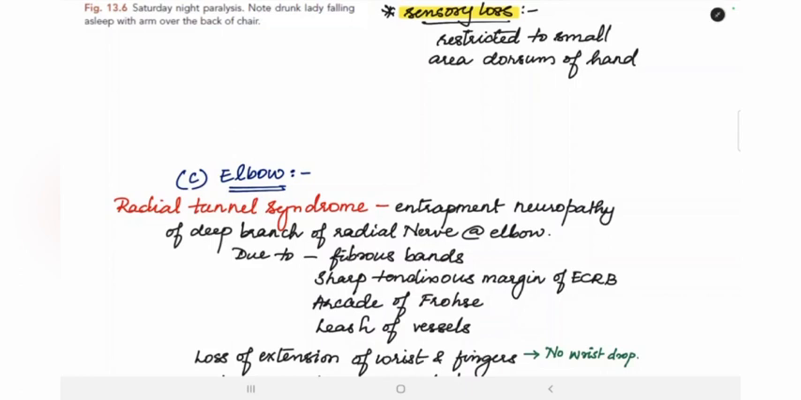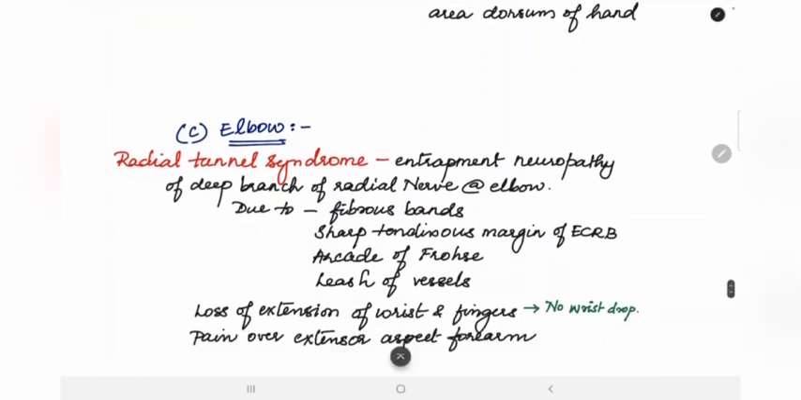So here, the radial tunnel syndrome is an entrapment neuropathy of the deep branch of the radial nerve that occurs at the level of elbow. It can be caused by several reasons, like fibrous bands which can tether the radial nerve to the radiohumeral joint, or the sharp tendinous margin of the extensor carpi radialis brevis, or the leash of vessels of the radial recurrent artery, or it can be caused due to the arcade of Frost, which is a